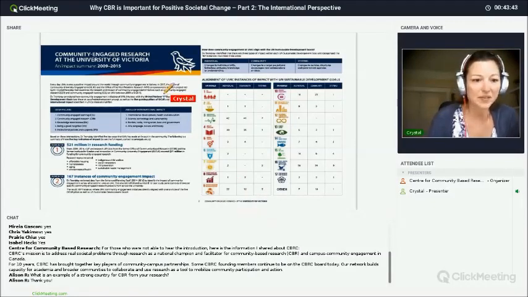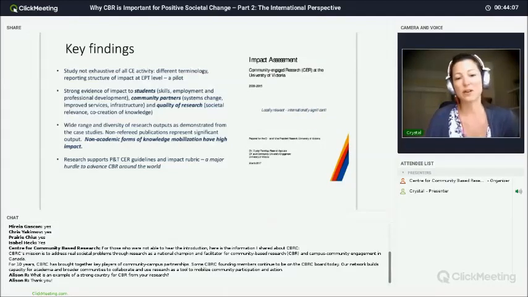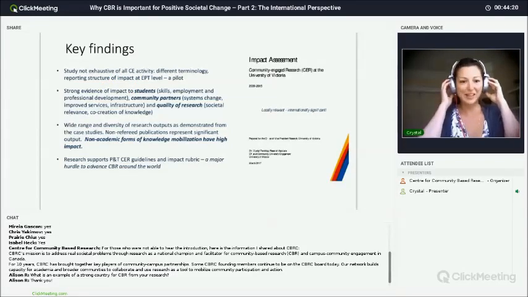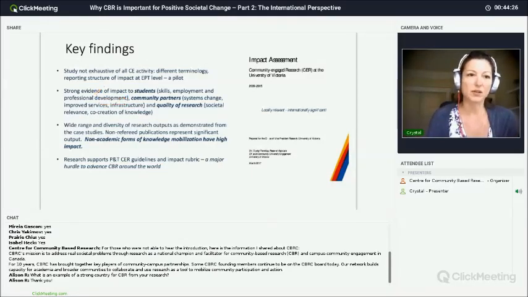So just really briefly here, you'll see where those instances of impact align with the UN goals within those different levels. I found over 165 instances within that UPT data. So there's a little bit about the methodology, but there is a full report also available on our website at UVic for those that want to learn a little bit more about the details of that study. So it's not fully exhaustive. It was a pilot, but it's something that we're going to continue to do as a way to think about